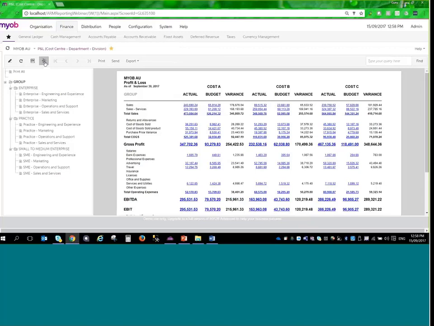So if I choose, I've got 3 different matrix. I've got enterprise, I've got my divisions on the top, which is like enterprise. This is my enterprise solution, which is my division. Practice solution, this is another division, and small to medium enterprise, this is another division. Under each division, I've actually segregated with different departments like engineering, experience, marketing, operations, and things like that. And when I click on each button, system will